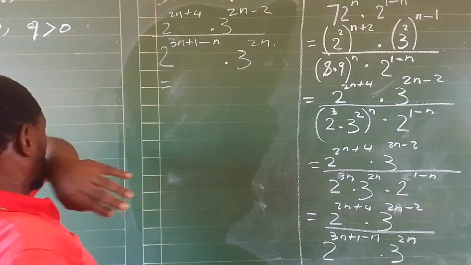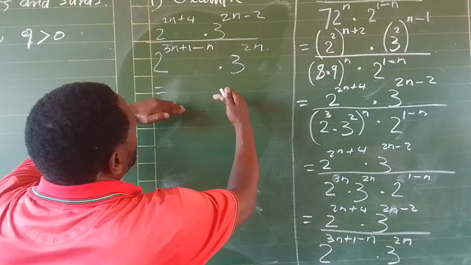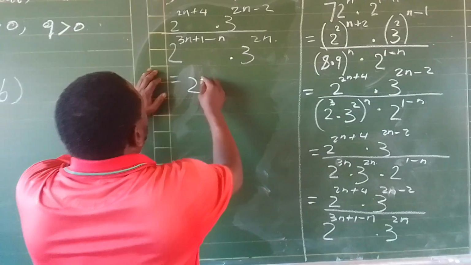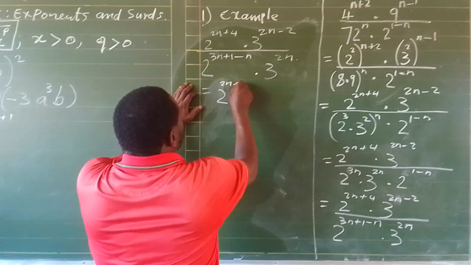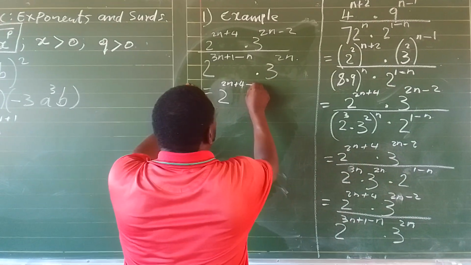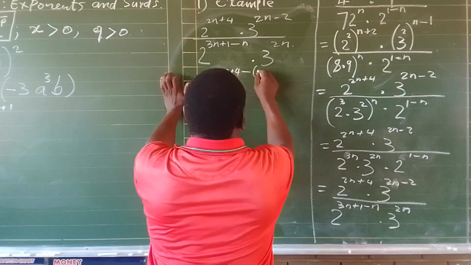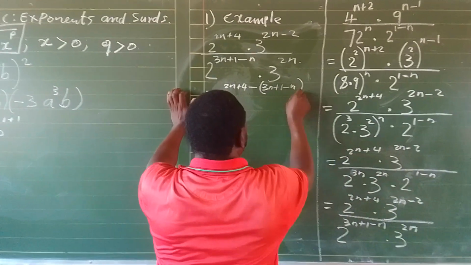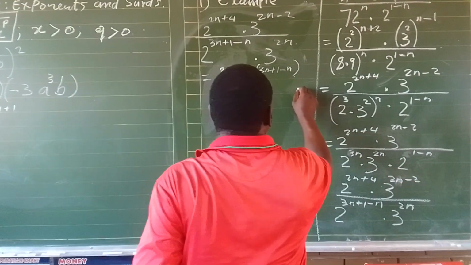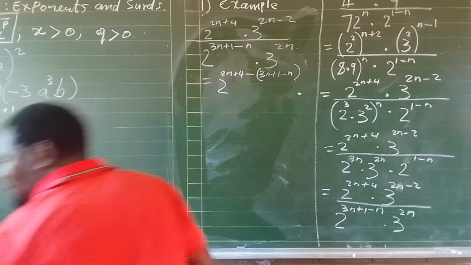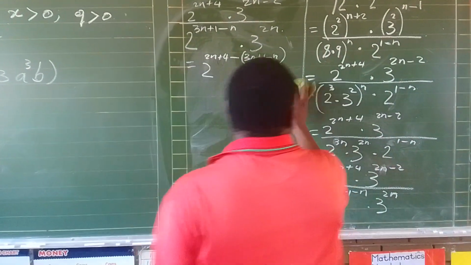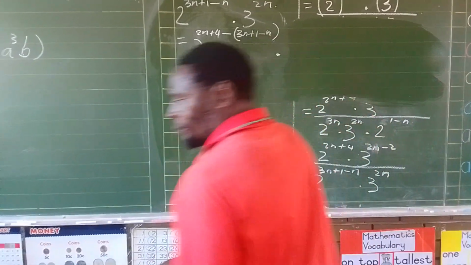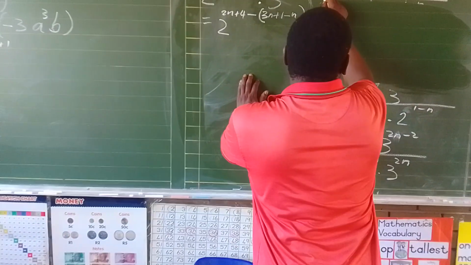Right? You take the 2 from the denominator to the numerator, you get a 2 to the power 2n plus 4 minus, you minus everything here, which is 3n plus 1 minus n. You multiply it with a 3